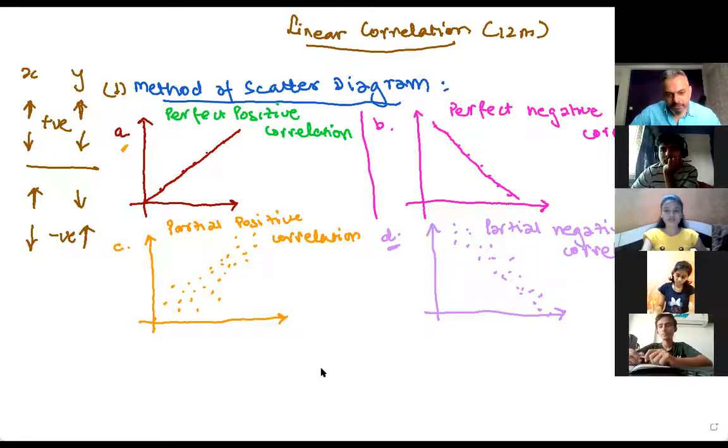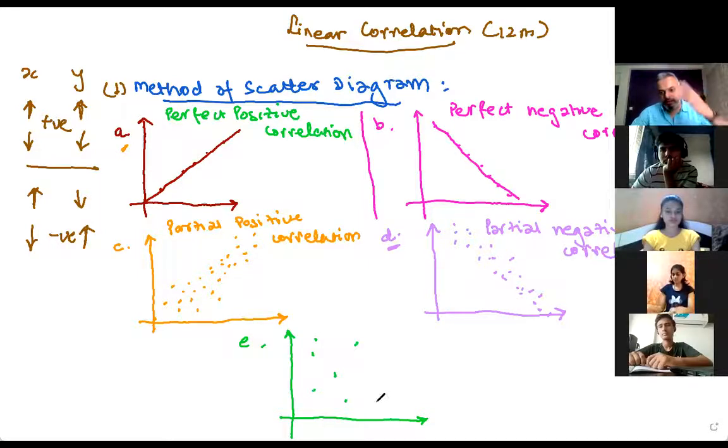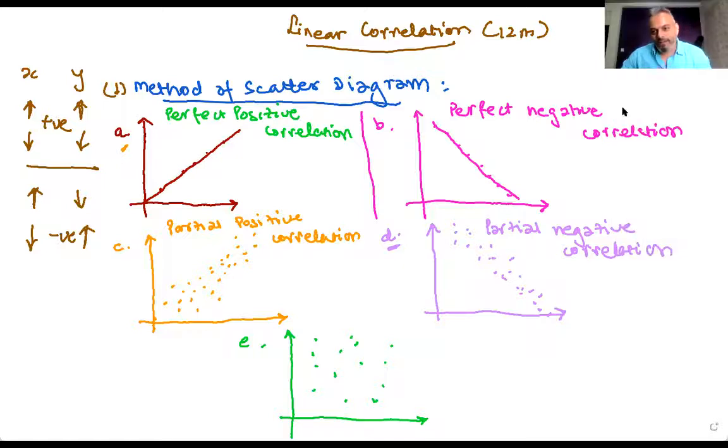But this diagram is really amazing. This diagram, diagram E, we draw the diagram and we get plots like this. कोई इधर बिखरा पड़ा है, कोई उधर बिखरा पड़ा है, किसी में कोई कोऑर्डिनेशन नहीं है, कोई इधर भाग रहा है, कोई इधर भाग रहा है. तो यहाँ पे you can see the plot. यहाँ पे we are not able to draw a straight line, we are not able to get some direction, whether it is positive, whether it is negative. So over here we say zero correlation or no correlation,